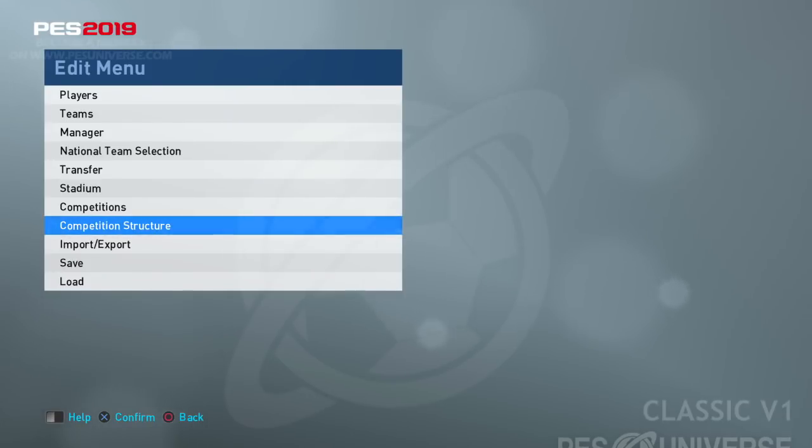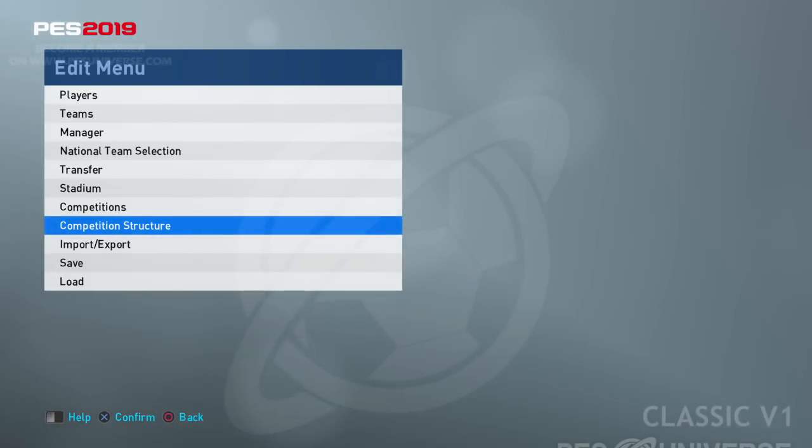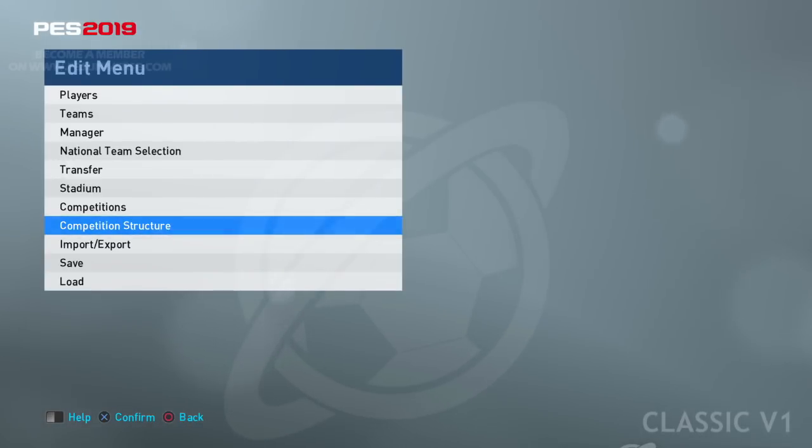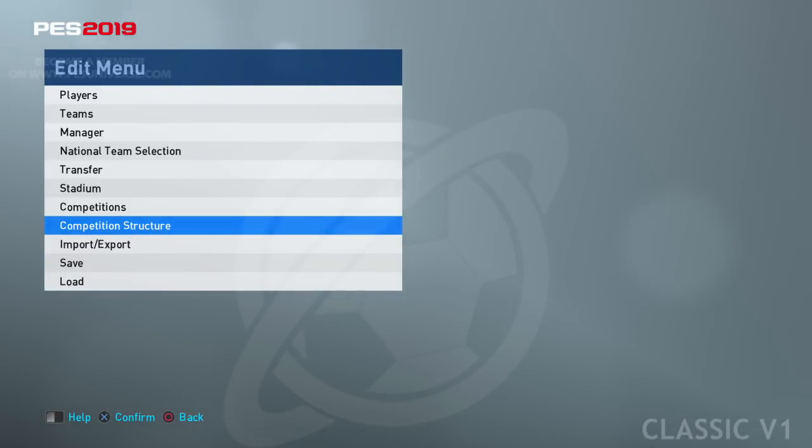Now by default, the classic league is going to go in over the Bundesliga in V2. If you have V2 installed and you install the classic file without following this video, you're going to overwrite your Bundesliga. If that doesn't bother you, and I know it won't bother a lot of people, there's a massive demand for the classic stuff, that some people just play the classic stuff throughout the year with their whole copy of PES 2018 or PES 2019. This video is specifically just to show you how to get the main option file and the classic option file